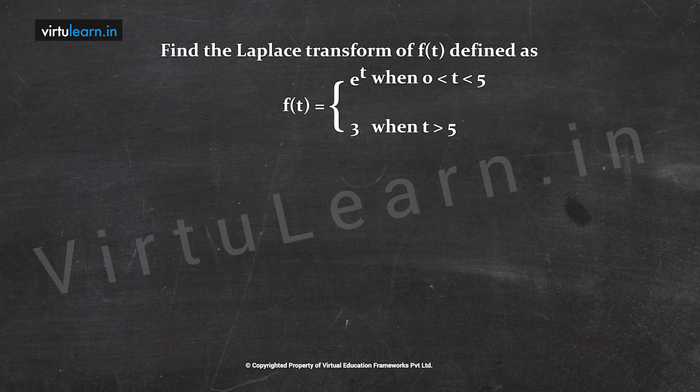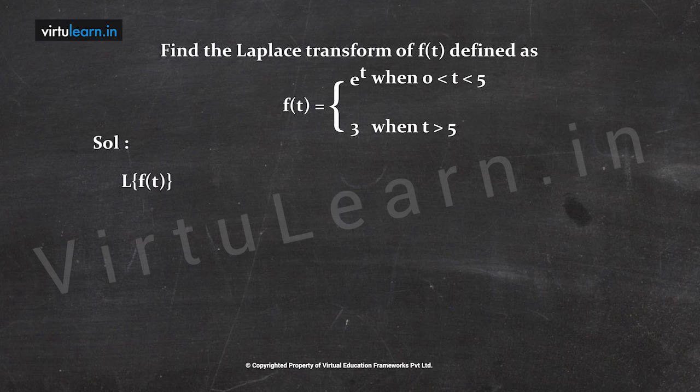Now they have given two functions. From 0 to 5 it is a continuous function, and then we have a break at t = 5. That's why, if t is more than 5, the function value is 3. That's why they have given two function values, e^t between 0 and 5 and 3 for t more than 5. Then how do we solve this type of problem? Answer: